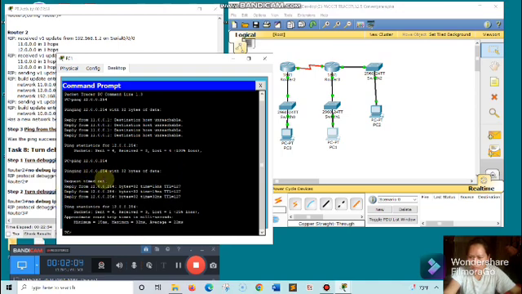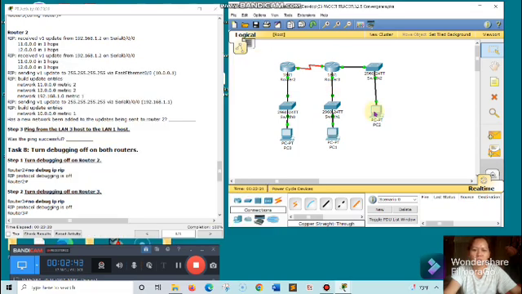So request timed out, reply from 12.0.0.254: bytes=32 time=11ms TTL=127. So ping statistics for 12.0.0.254: packets sent 4, received 3, lost 1, 25% lost approximately. So let's try